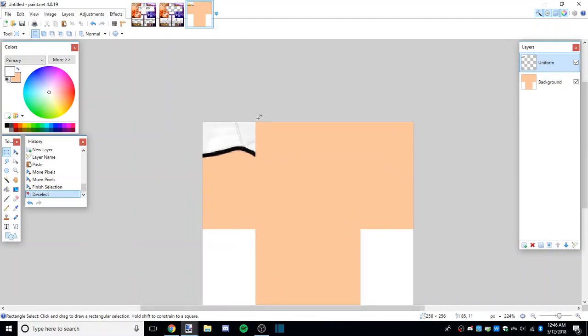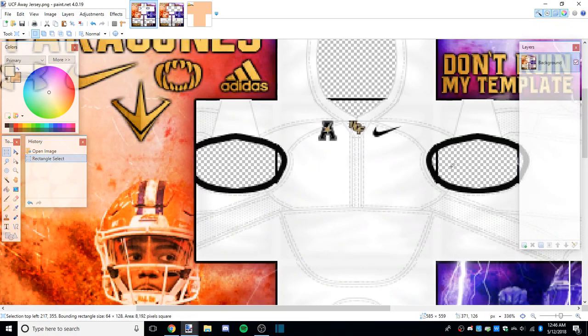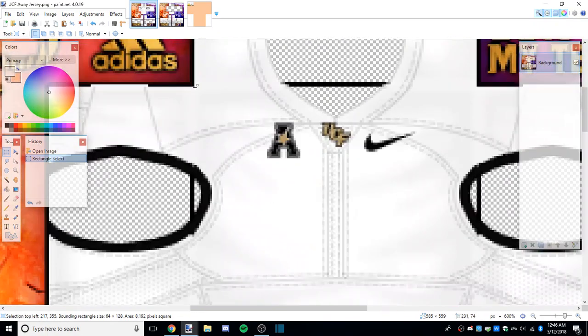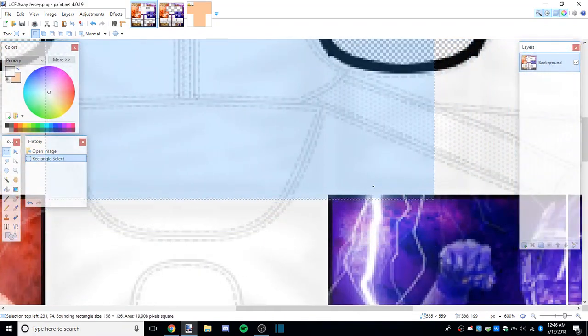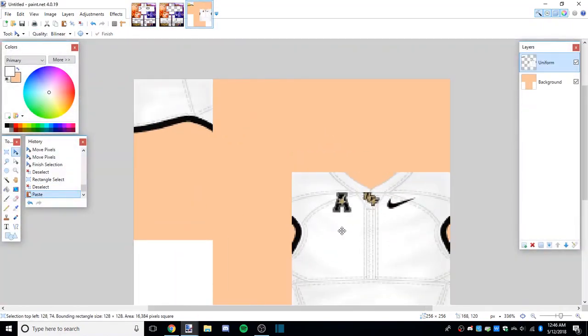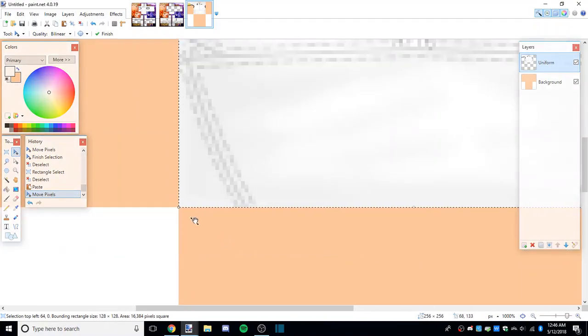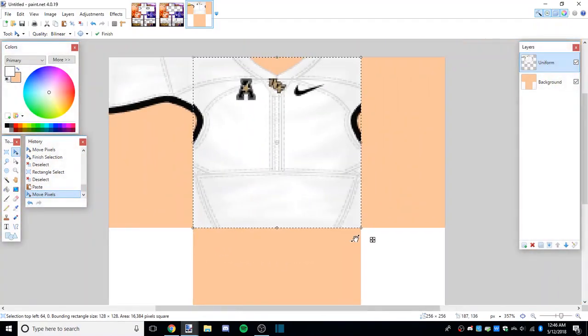Now we're going to do the torso. So let's move up to the torso. This is the front face of the torso as if it were facing towards you. So copy from this corner to the bottom corner of your template. Should be 128 by 128, perfect square. Control-C to copy. Control-V onto the uniform. And simply drag it so it connects with the sleeve. It should line up perfectly, so there's a corner there and a corner there.